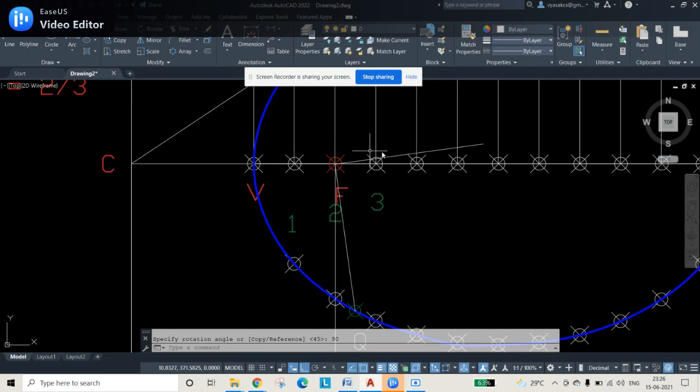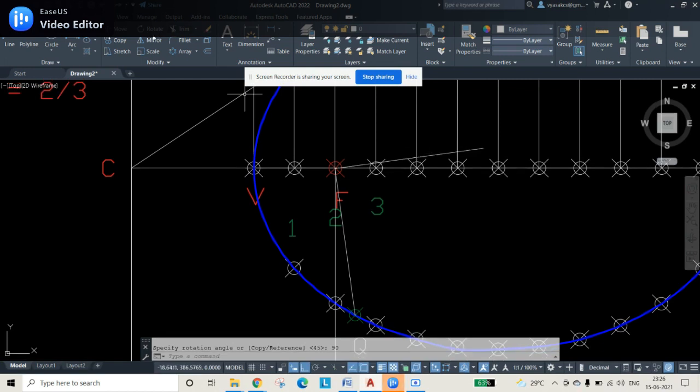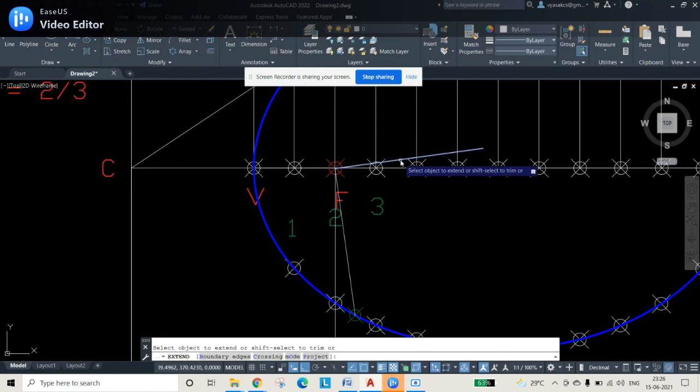In this way you can do it. Then extend this line up to the directrix line, up to the directrix point. So here up to this point we'll extend it. Supposingly this point is D dash.